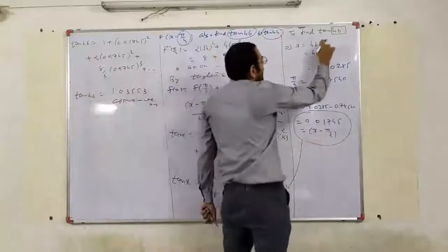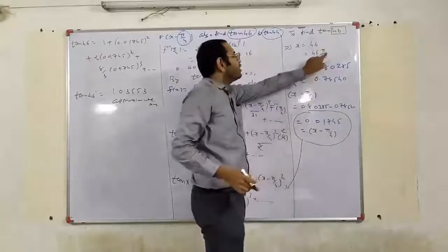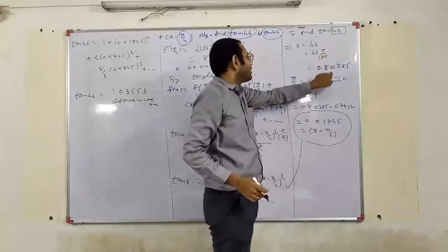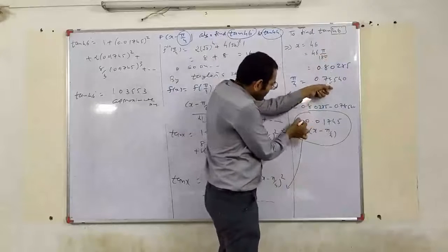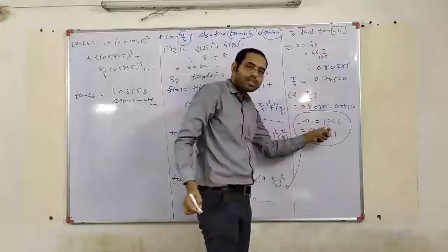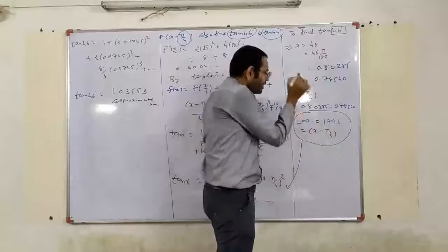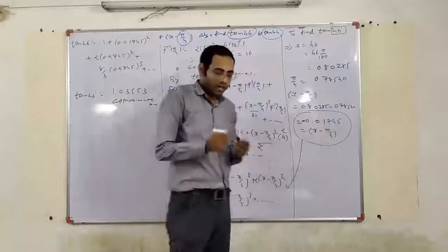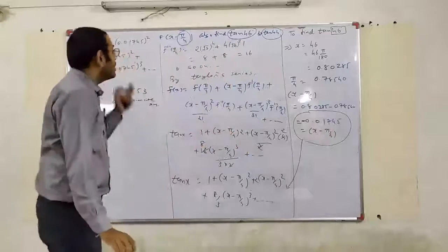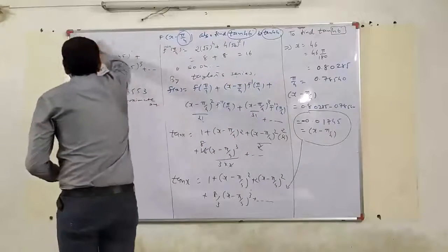Then substitute here x equal to 44 into pi by 180. Then whatever the answer, that is the subtraction, is this. Then we get a negative value. The value is the same, but only the sign is interchanged, and here the answer is different. You can try this. Next example is